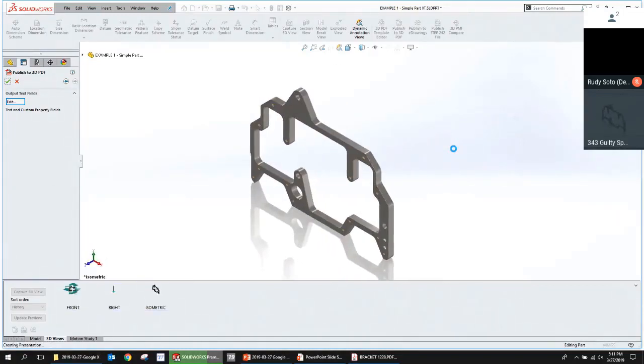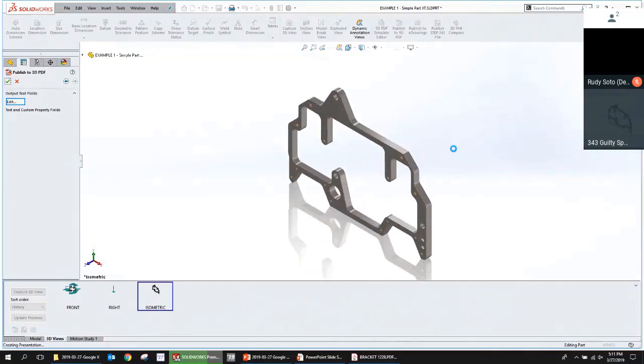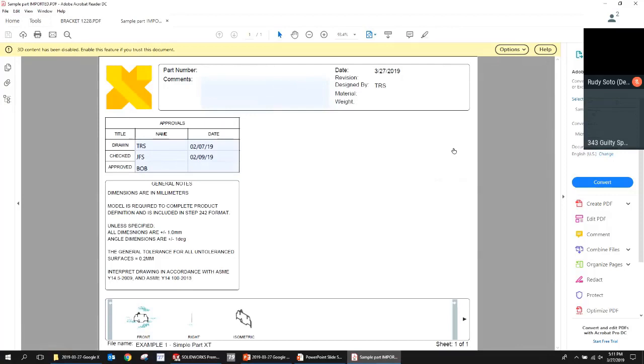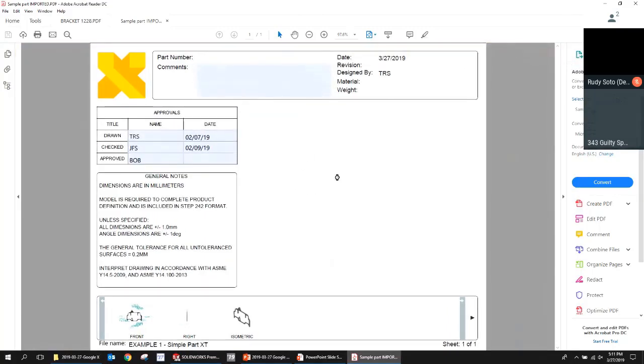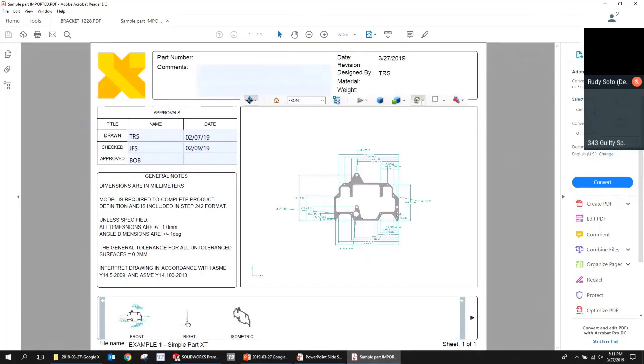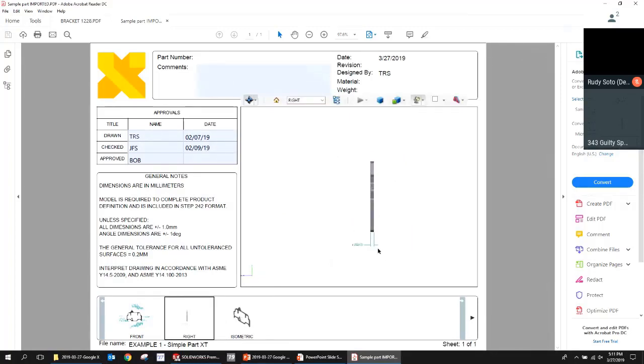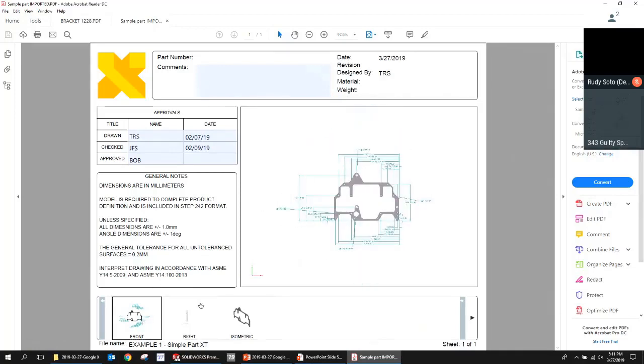So yeah, it's going through and capturing that information. It always seems like it does it twice, and I'm still a little perplexed by that, but it's going through and capturing that information. This is the Adobe environment here. And yeah, you have to say trust this document when you open this up because of how it's embedded. And there you can see the views were created. The dimensions were included. Now, there's some subtleties to this, with regards to font sizes and things like that that we can adjust back in SolidWorks so that they come through as desired. But overall, you can see what the result is here on this 3D PDF.